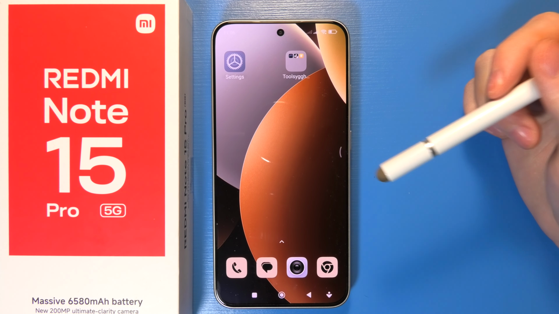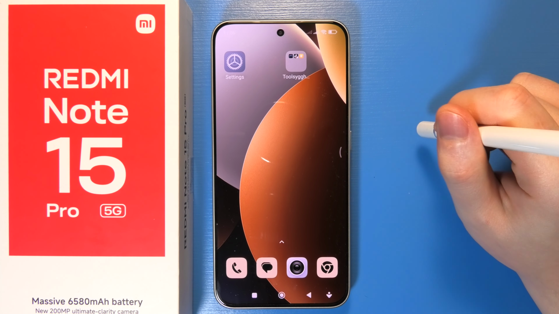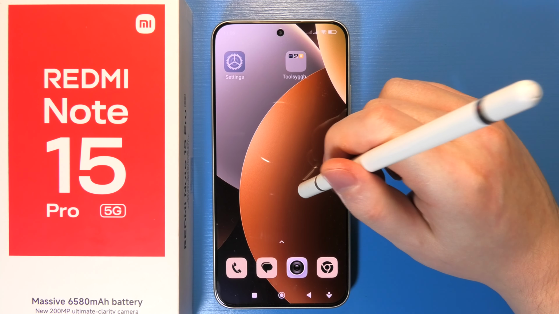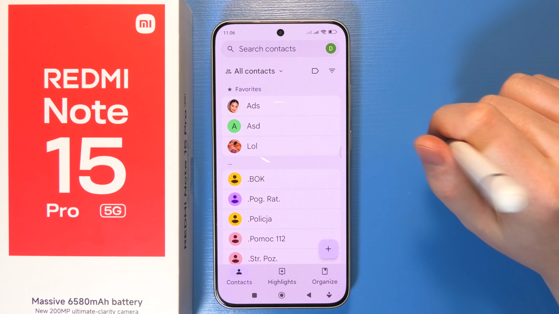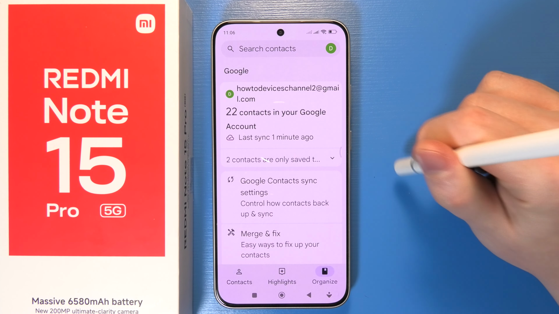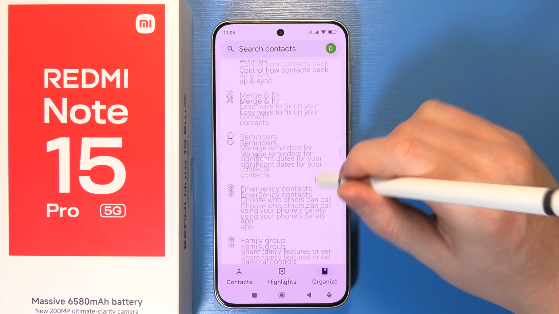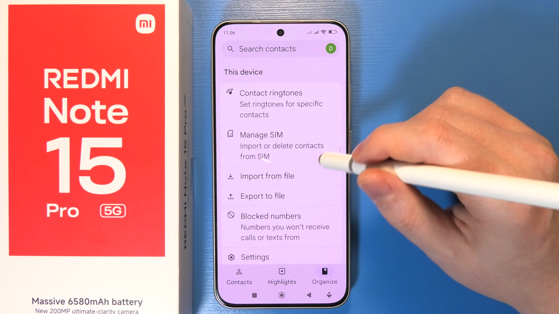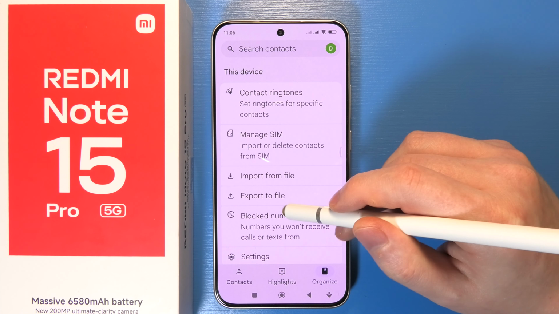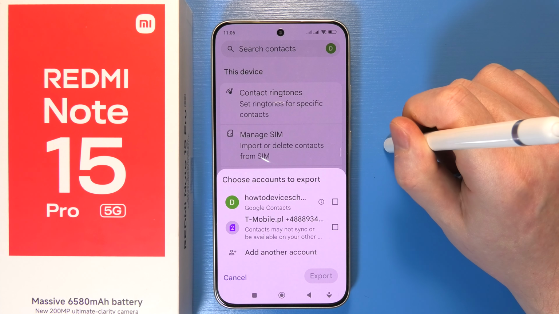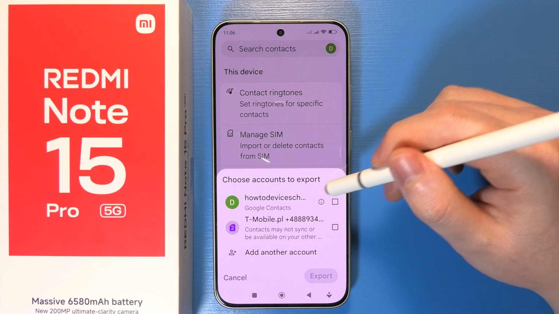To export contacts on Redmi Note 15 Pro 5G, first of all we'll need to open the Contacts app on our device. Next step is to click on Organize, and after that we can move down until we locate the Export and Import. Now you can click on Export to a file, and you can choose accounts to export,